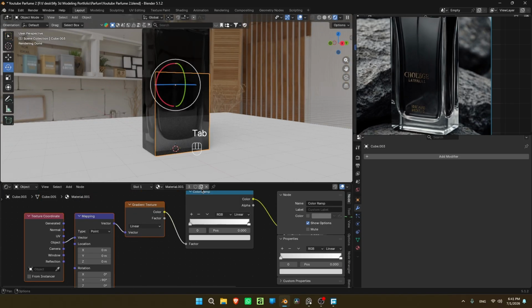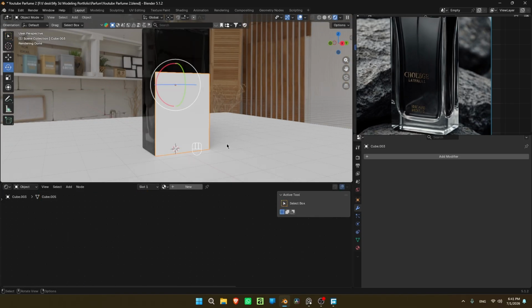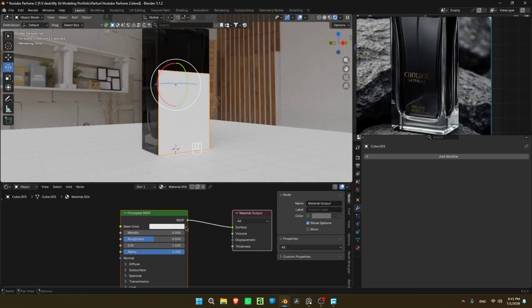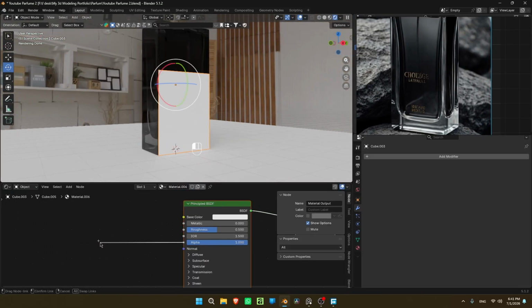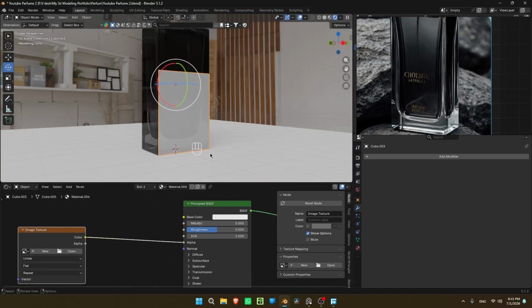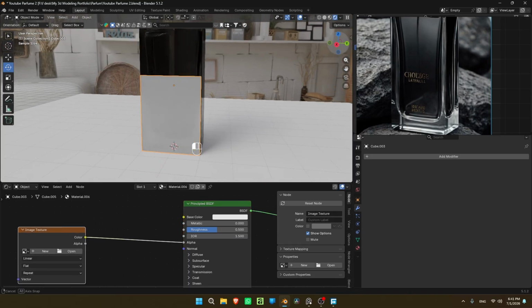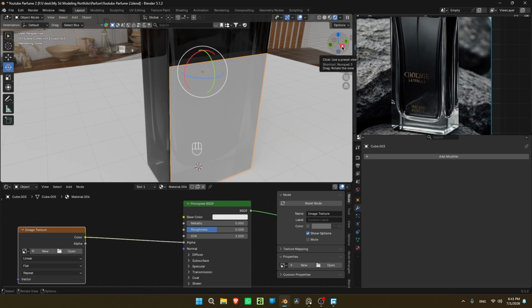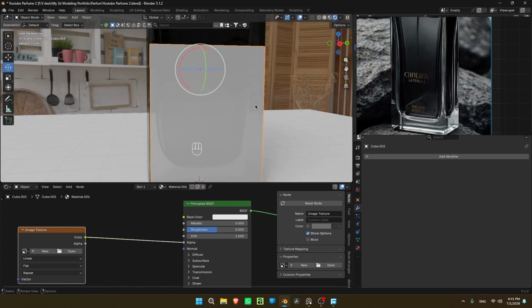So in here, we're gonna duplicate it and remove our glass material from it. Now we're gonna add a new material, and in here we're gonna plug the alpha to the image texture. The alpha is basically the transparency in Blender, or we can see it like opacity. Black means 0, so it's gonna be very transparent, and white is gonna be 100% opacity.